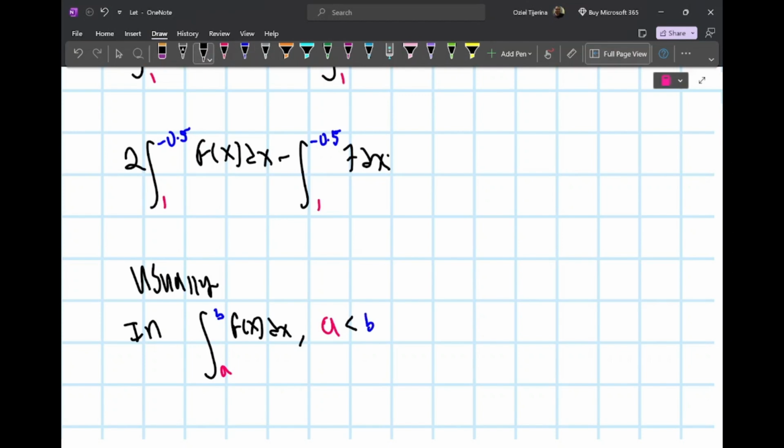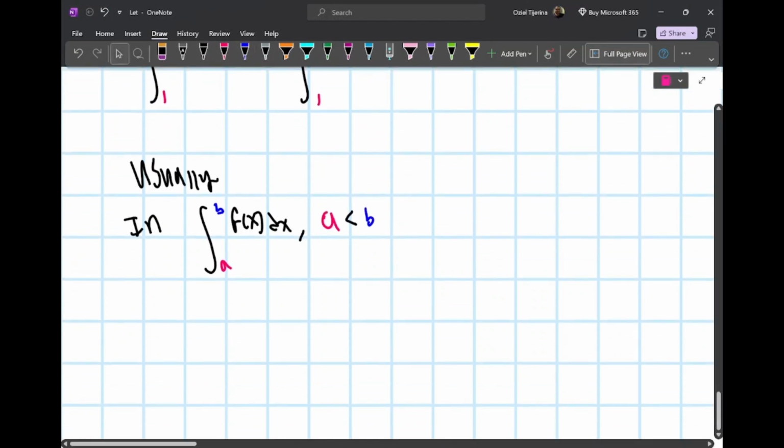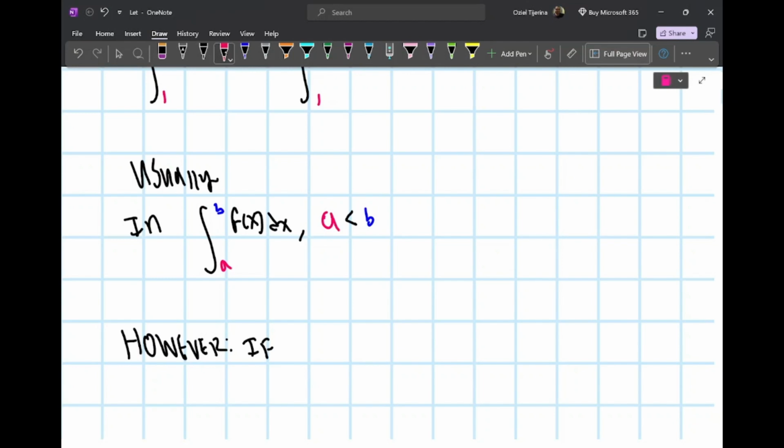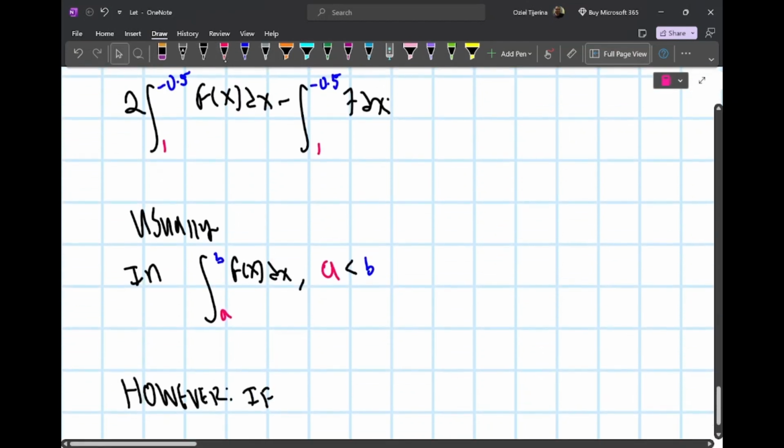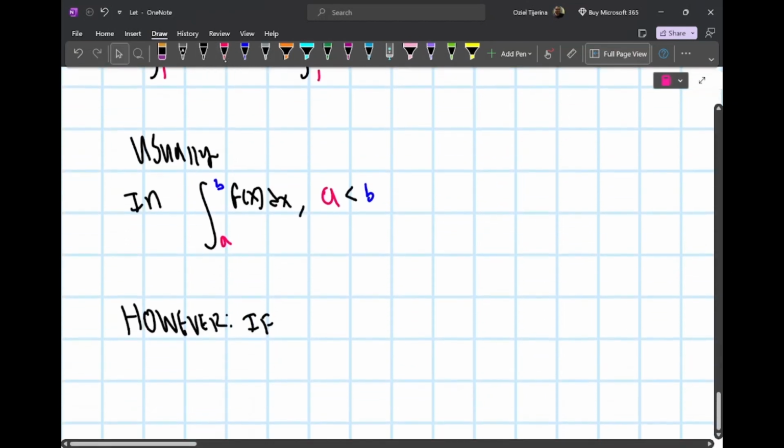However, that is not what's going on here. However, if b is less than a,